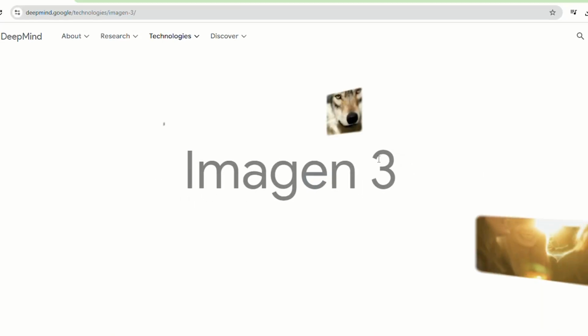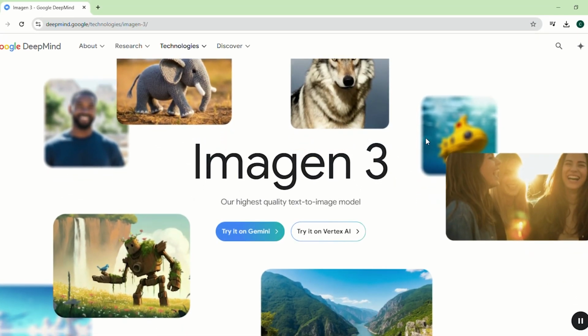Along with VO2, the Imagen 3 release, which is Google's state-of-the-art image generation. Really crisp, clean, nice images, highly realistic looking. We're always getting to the point of blurred lines, being hard to tell what's AI generated and what's not, because a lot of those images that come from Imagen 3, I've seen quite a few, and they look amazing, right?